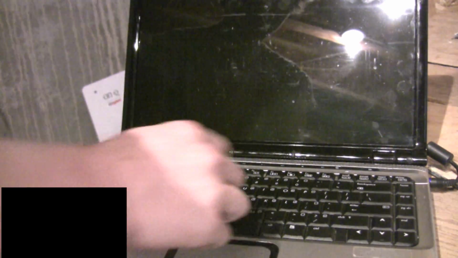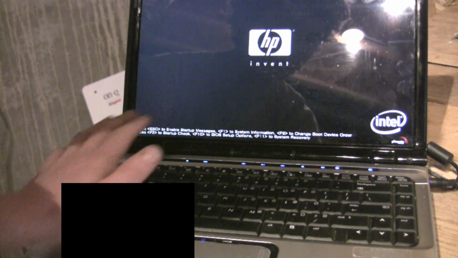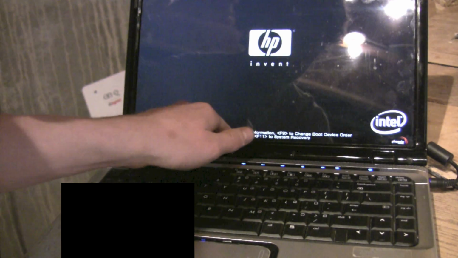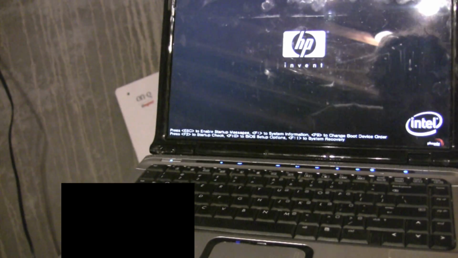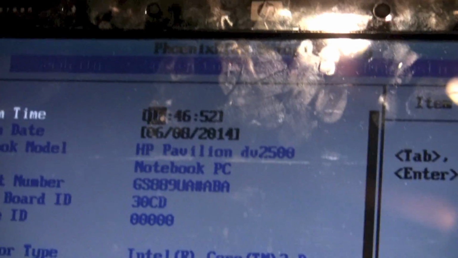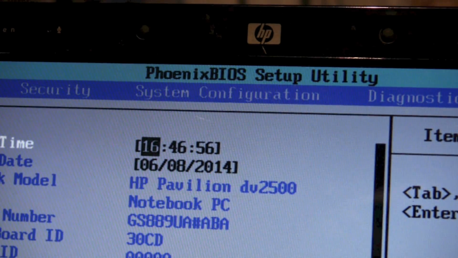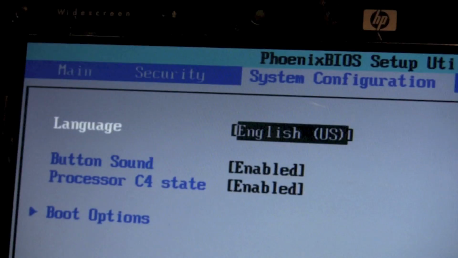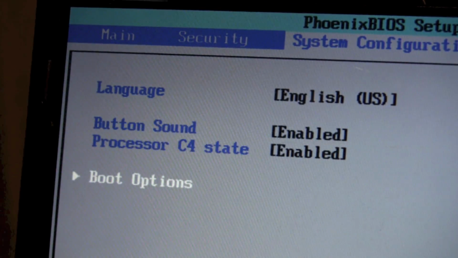So I'll start it up and hold pause, and now option F10 is the BIOS setup option. So press F10, and we want to go to system configuration by pressing the right arrow 2 times, and boot options, down arrow, boot order,